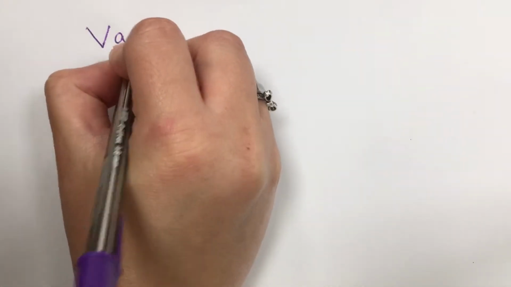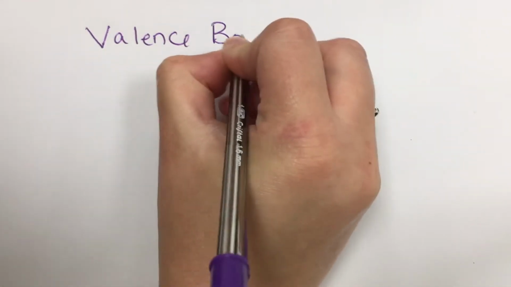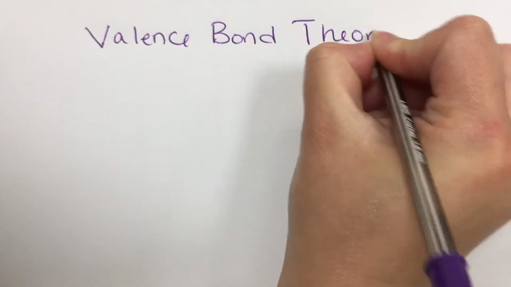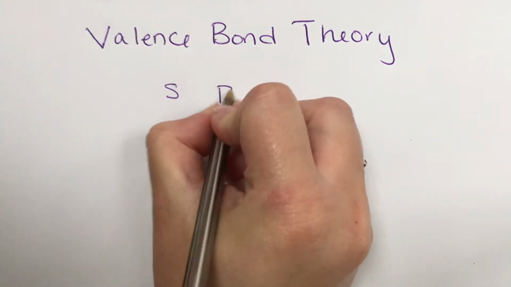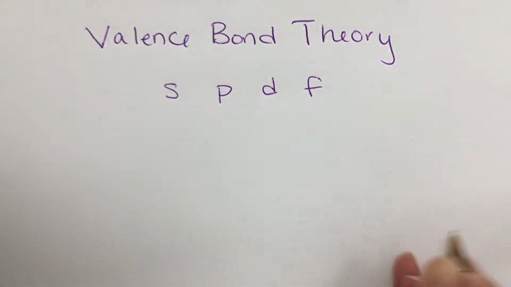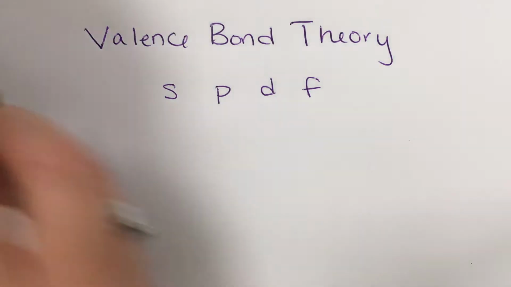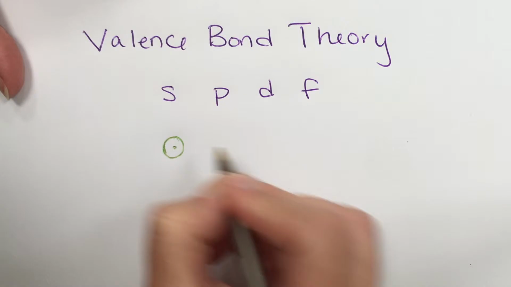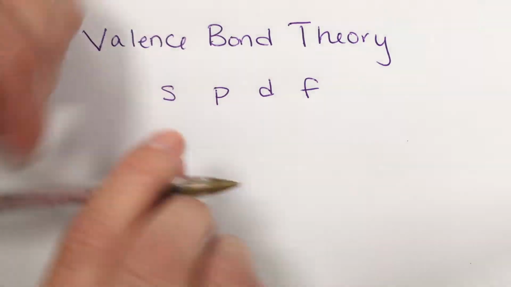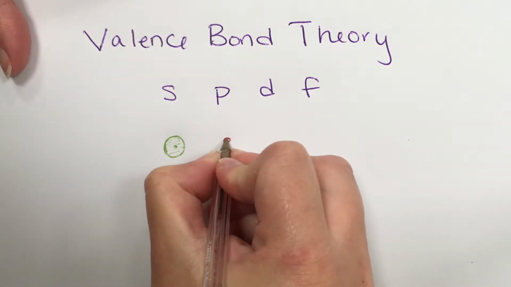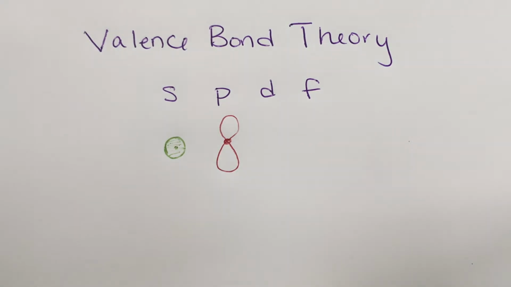In class, if you were here, remember we talked about valence bond theory. With valence bond theory, if you remember orbitals, we have s, p, d, and f orbitals. The s orbital would be something like just a sphere, with that being the nucleus. And then the p orbital would be something like a dumbbell, similar to that. And then the d orbital would be something like